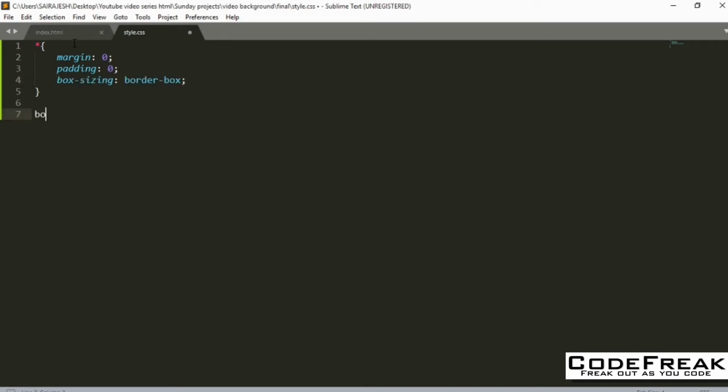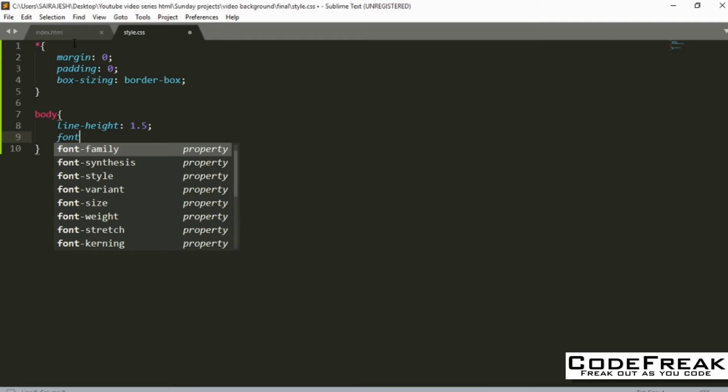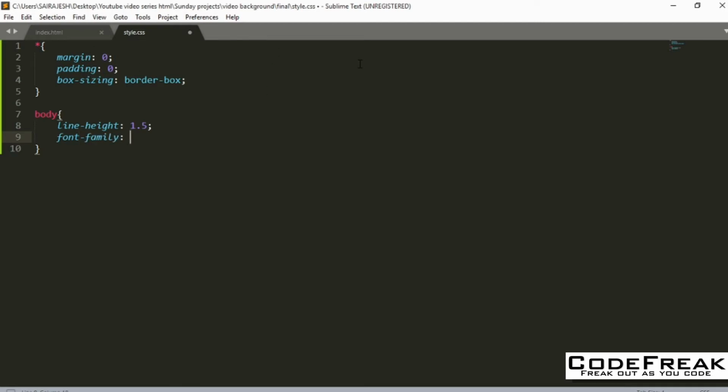Okay, next we'll select the body type. So we'll try to give in a line height. The line height is a bit important. So 1.5, basically that will help us out. And we will also give in a font family. You can also import font families by using Google Fonts and embedding it here, but I'm not going to import any font right now. We'll just use sans serif. It's also a good font, right? So that is something which I wanted to tell you.